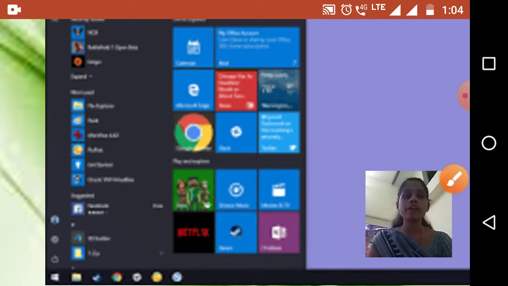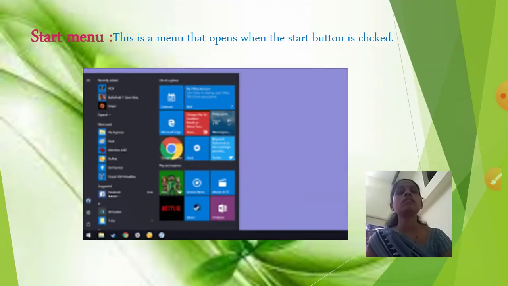Understood? Very good. You have to understand this time, because face to face practical is not possible. You have to note down everything. If you have a computer at your home, you have to try everything. Almost 70% of what I am explaining today, I cleared for you in 5th standard. That's why I think it is easy for you to understand today's point.